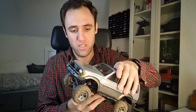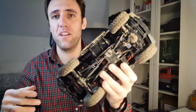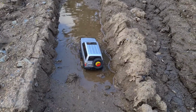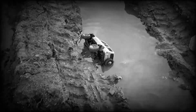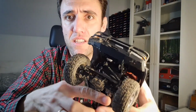So I went for the CR-18 in the basic model, which I bought from Banggood. I know it used to come with a 4-link suspension. Sorry, it's all muddy. You will see why it is all dirty and muddy underneath. As I was saying, it was coming with a 4-link suspension, but then it received an update coming with a